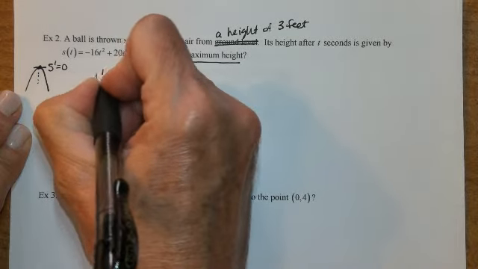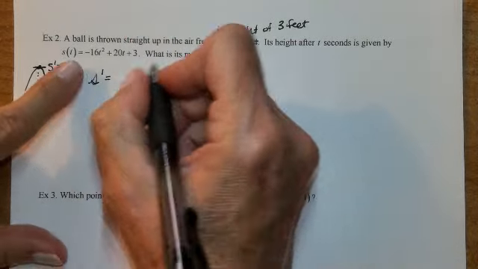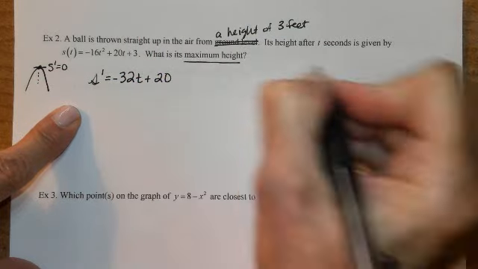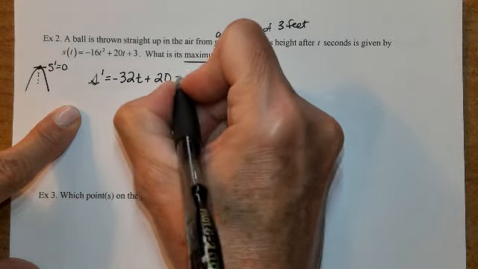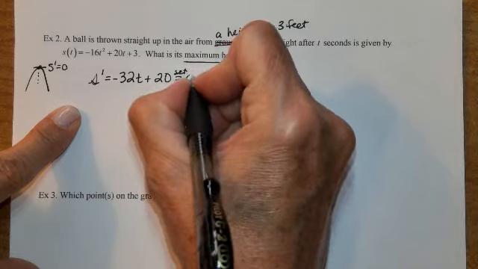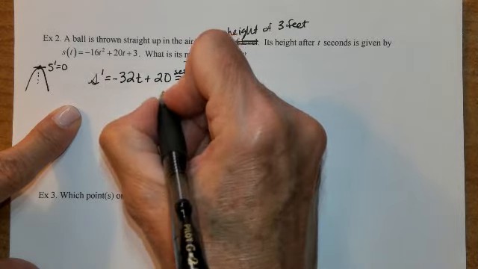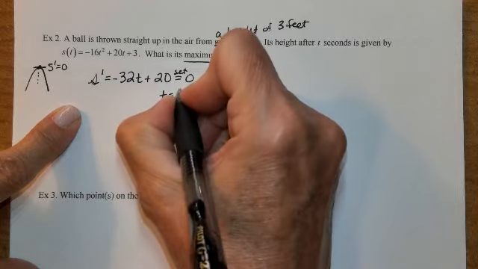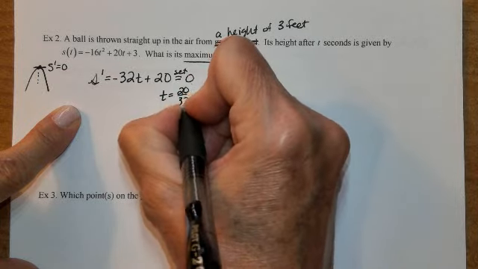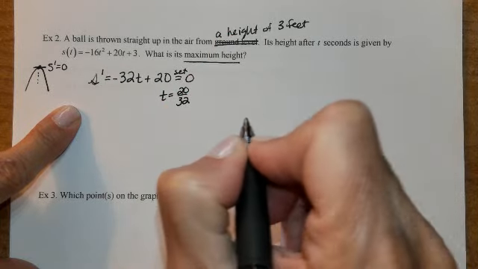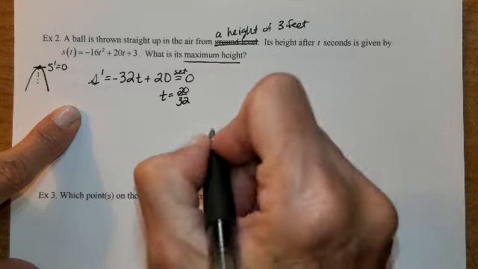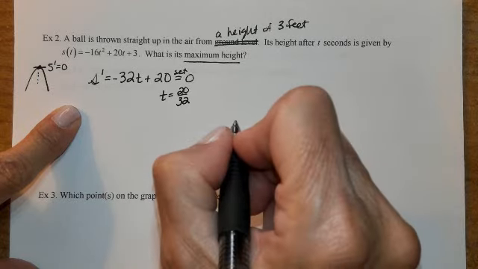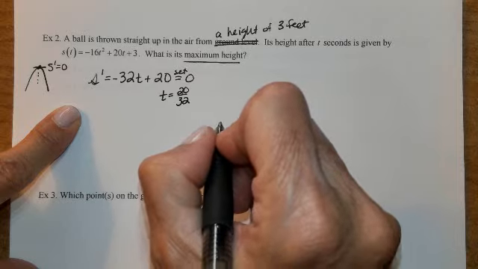So that's what I'm going to do. S prime is equal to negative 32t plus 20. Set that derivative equal to 0, solve it for t. Subtract 20, divide by negative 32, so we'll have 20 over 32. We can reduce that. If it's a multiple choice question, reduce it. If it's not a multiple choice question, don't reduce it. Okay? Now,